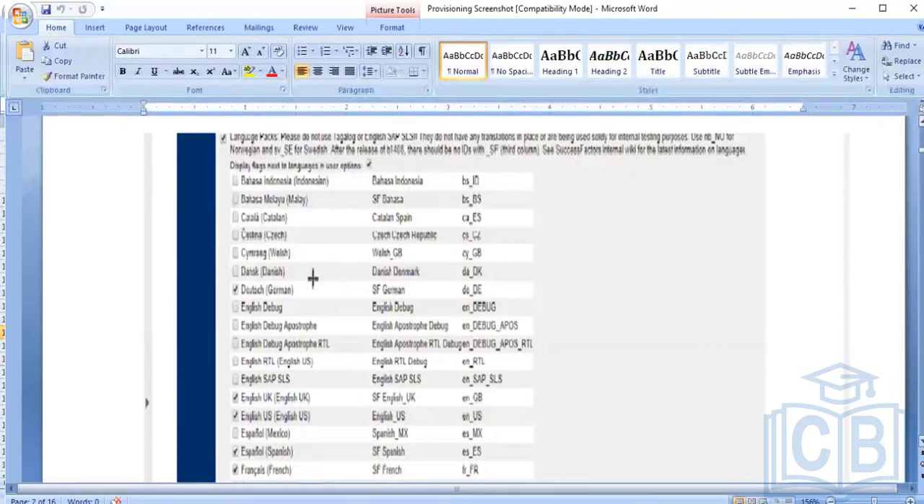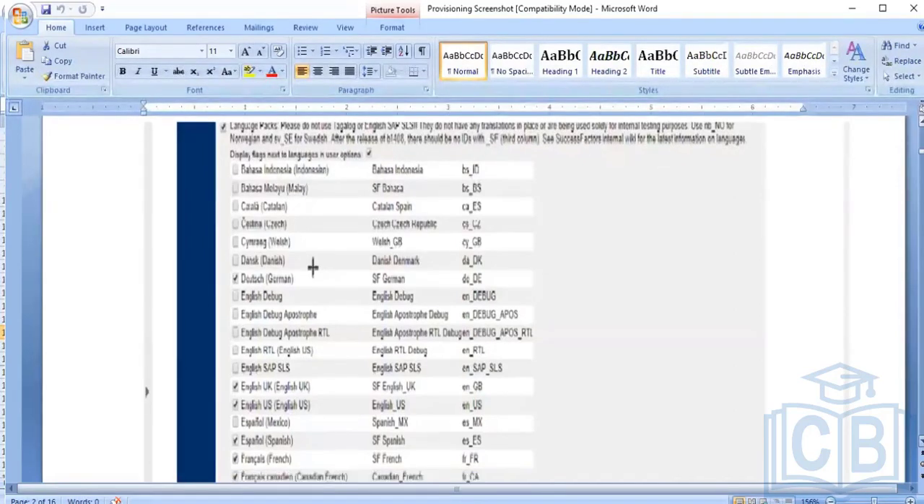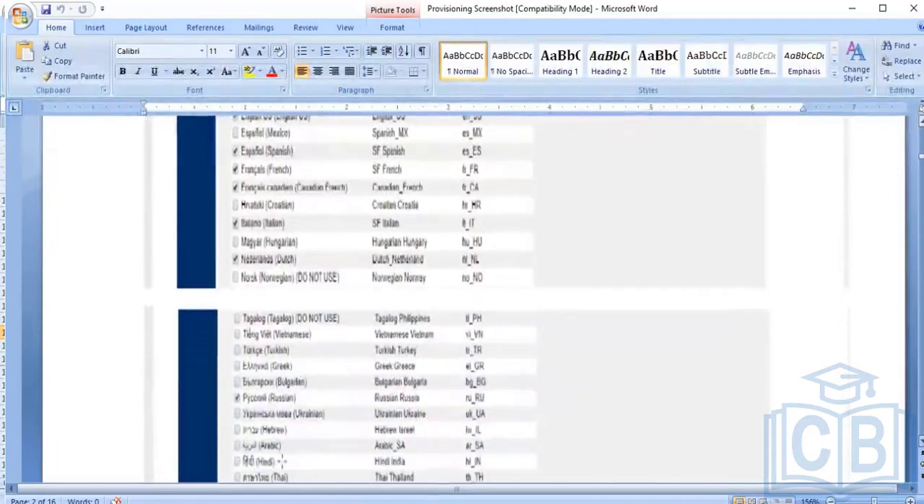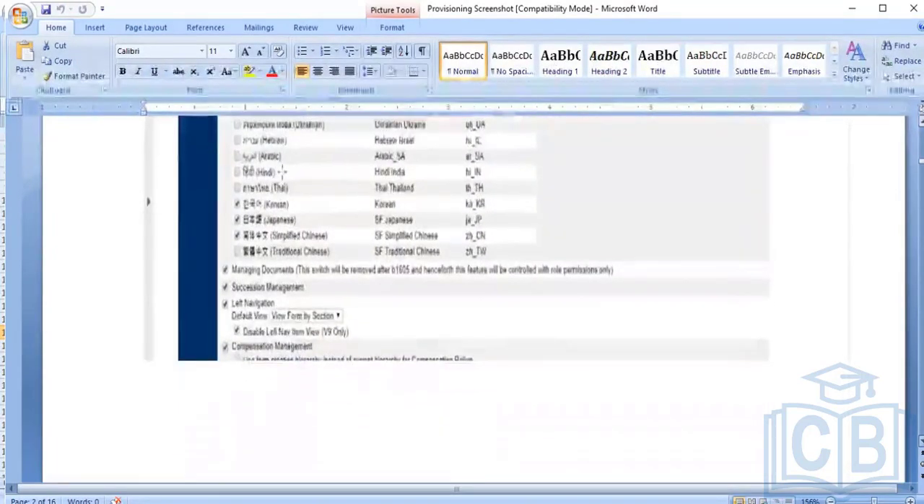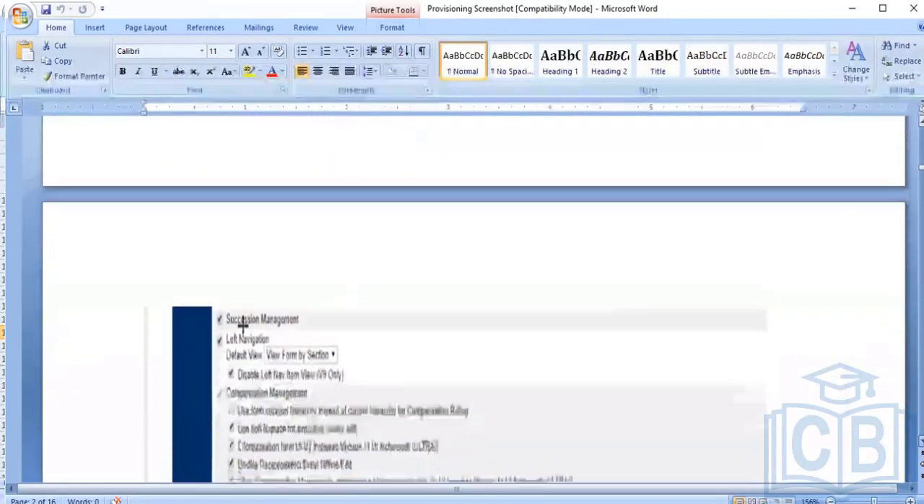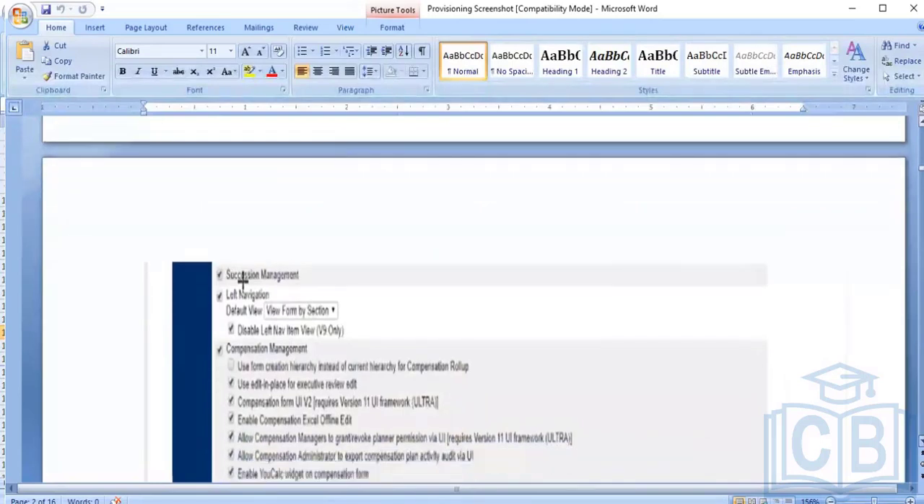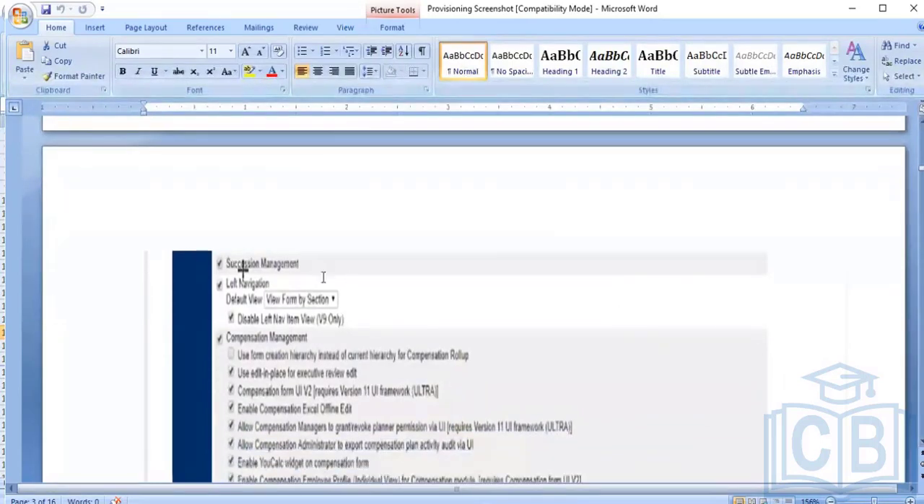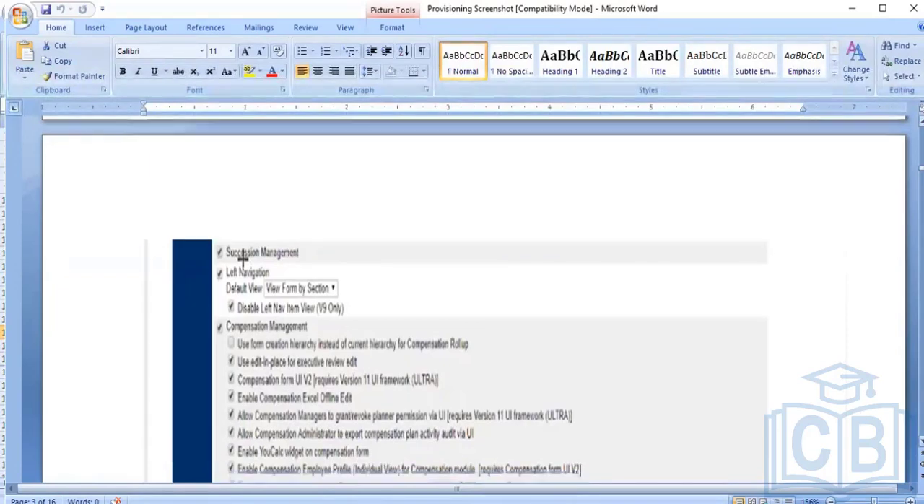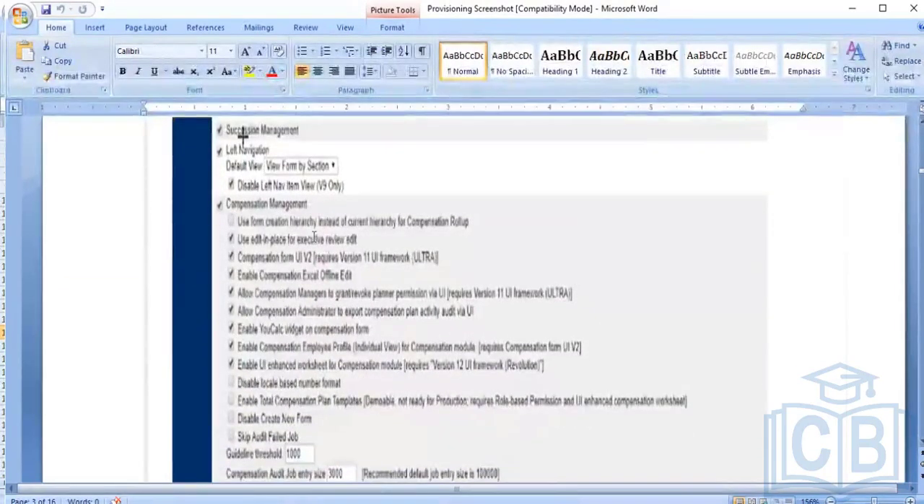Yes. And those enabling parts will be taken care of during the implementation phase by the implementation consultant, who will be doing it from the provisioning. After that, when you scroll down further, so now SuccessFactors has around 9 modules. So you can see all the modules. Each module will have some configuration features. You can see succession management is there, and then when you scroll down, you can see compensation management is there,